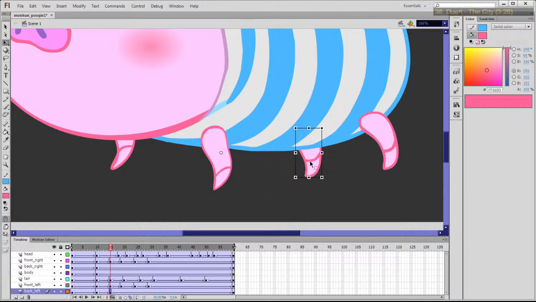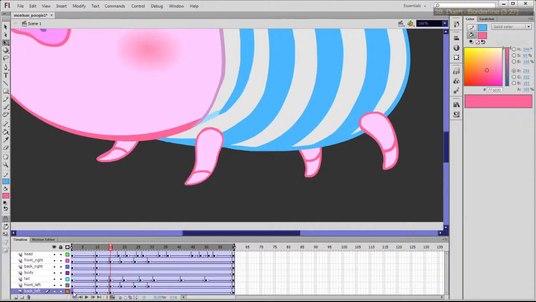Alright, let's rotate this. Oh, interesting, yeah. See, because the anchor is all the way over here, it's gonna make this leg look so weird. Alright, so what I'm gonna do is I'm gonna move that anchor for each of the keyframes that I've got laid out so far on the timeline for this layer. Especially the first layer. You know what? I'm gonna